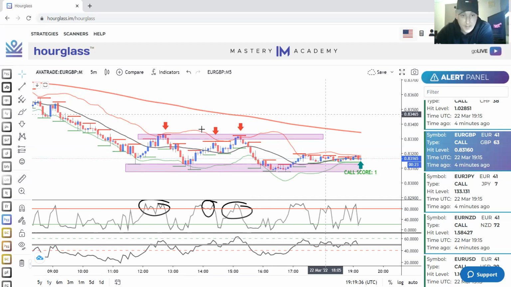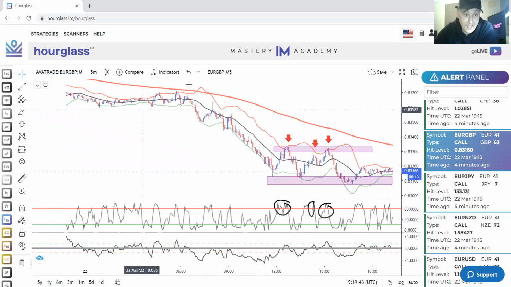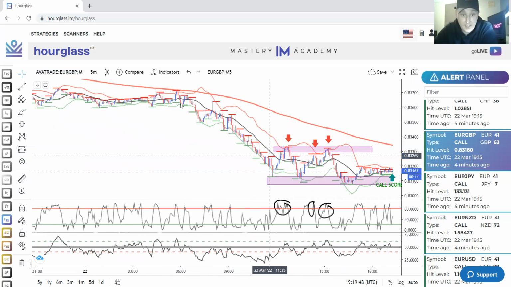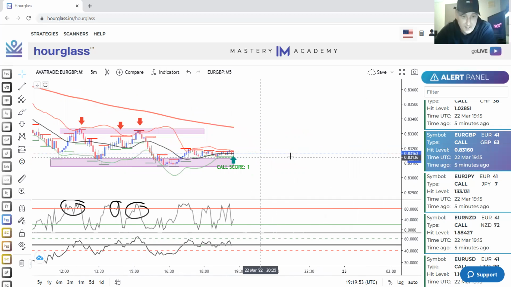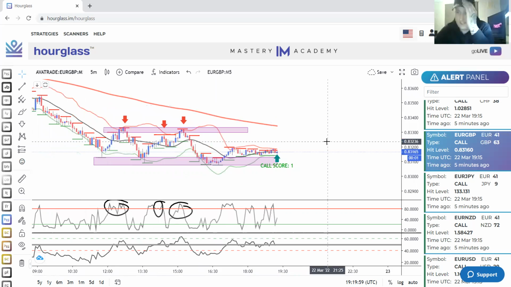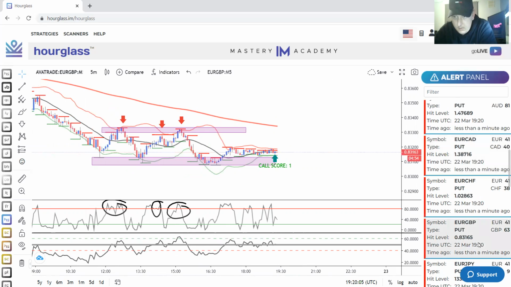And then you can see price is not really doing anything at the minute. But again, I wouldn't really recommend trading this late, because as you can see, price was moving quite nicely all day, trending, even in consolidation. It's a wide consolidation, and now it's literally just flat. So yeah, I'd be careful trading. I don't think you need to trade this late anyway. But then if we go up to